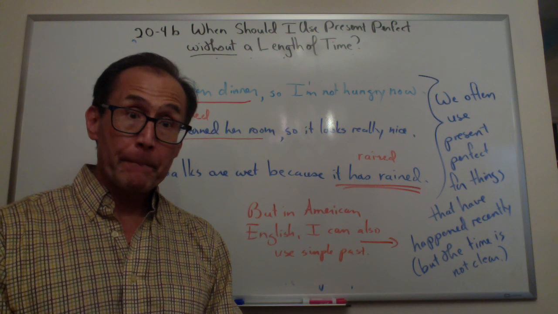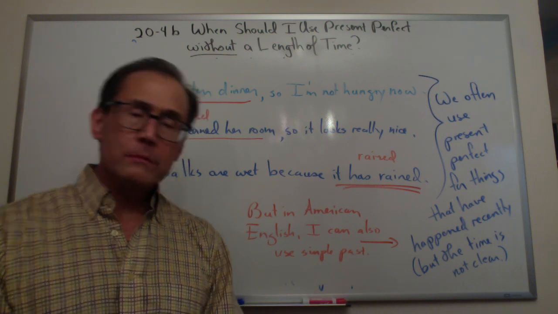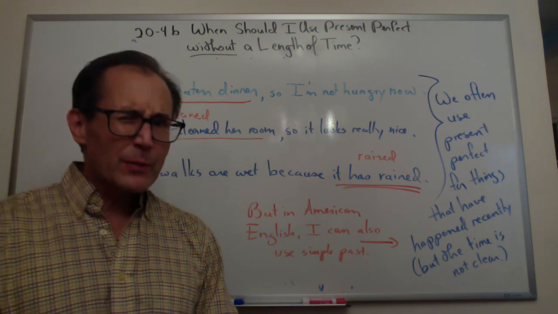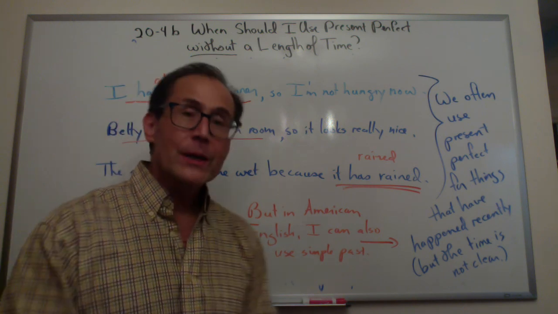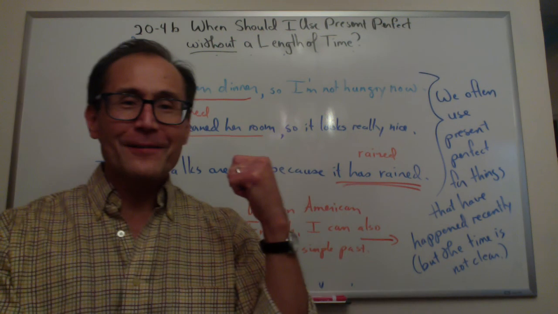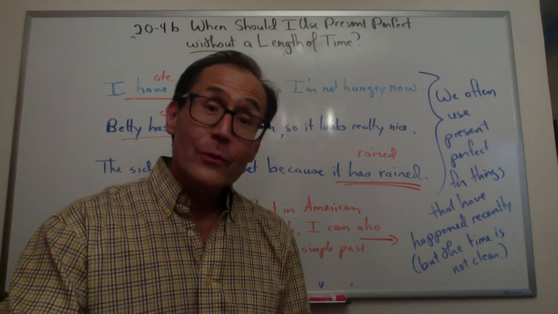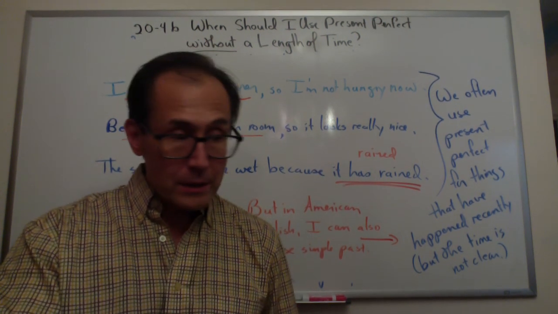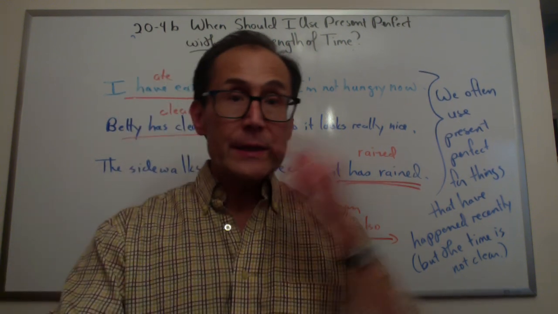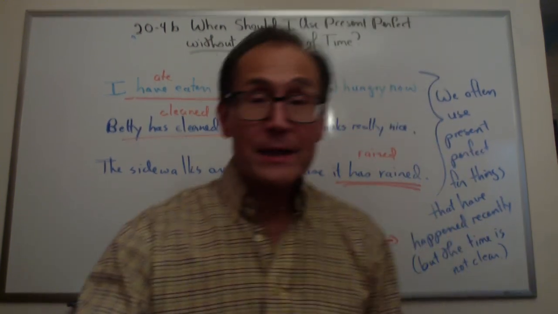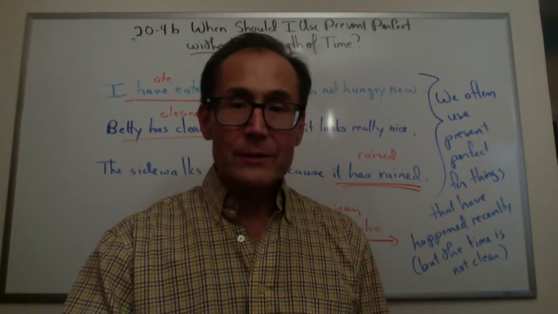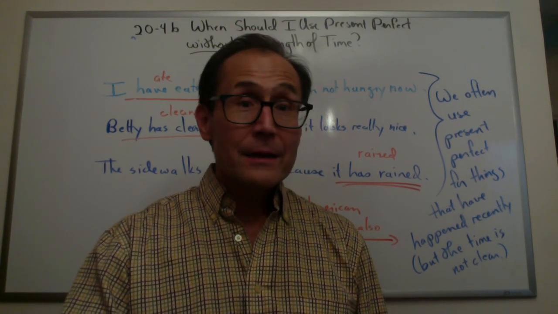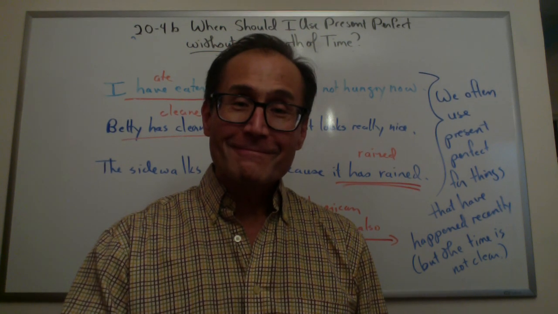Okay. There's one more possible thing I could say about that, but I think this is enough for now. So we'll stop. I hope this was useful, and I will be back to explain there's one more point in chart 24, and that's about things that happen repeatedly within a length of time. And so we'll be back to talk about that sometime soon. I hope you found this useful.